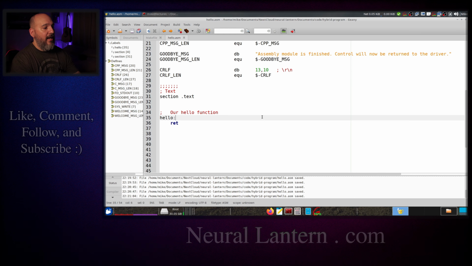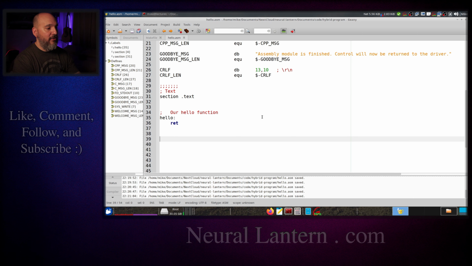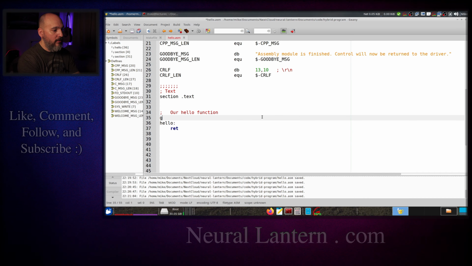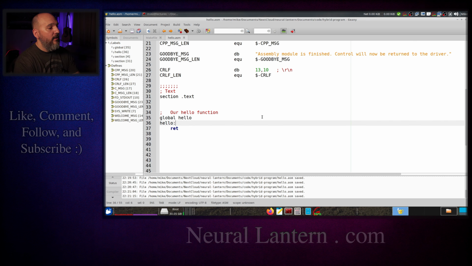Okay, I cannot call the hello function now from another module. I have to make it visible to the other modules with a special keyword called global. So I'll say global hello, and now after we compile and link our program, the hello function will be available to the other modules, but not anything else that I type without marking it as global. So let's go ahead and